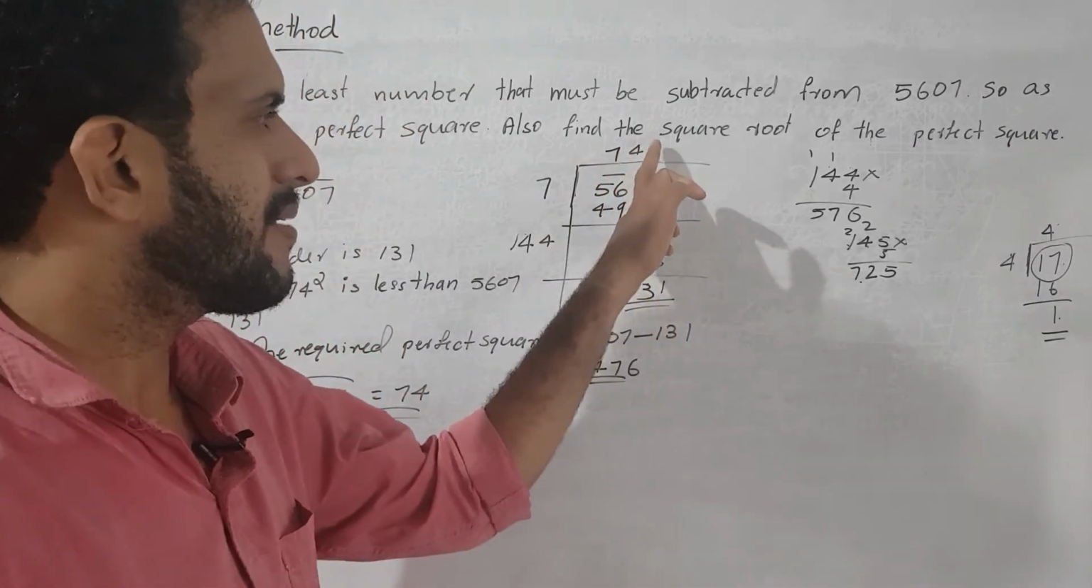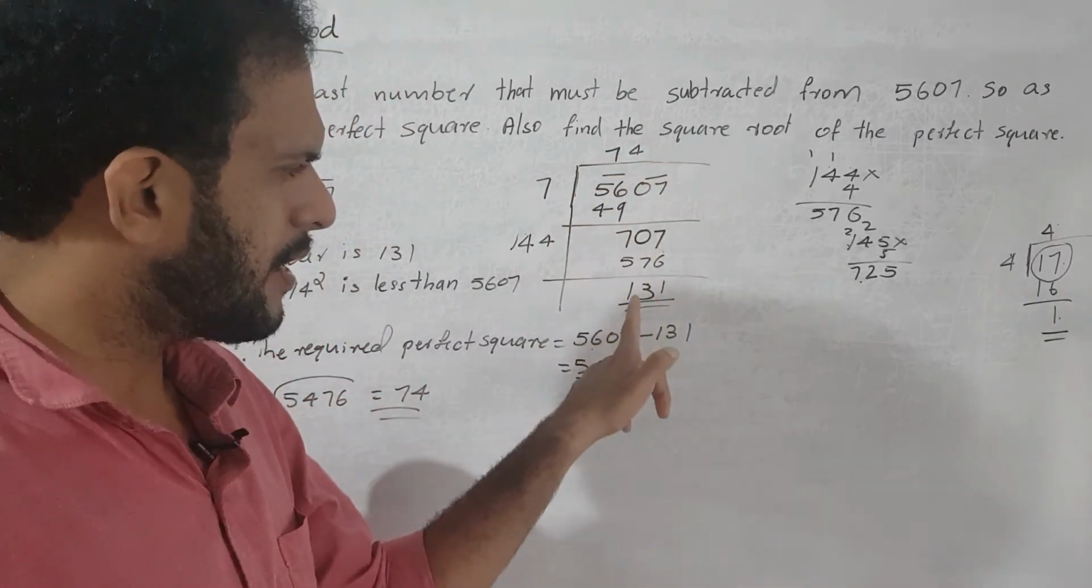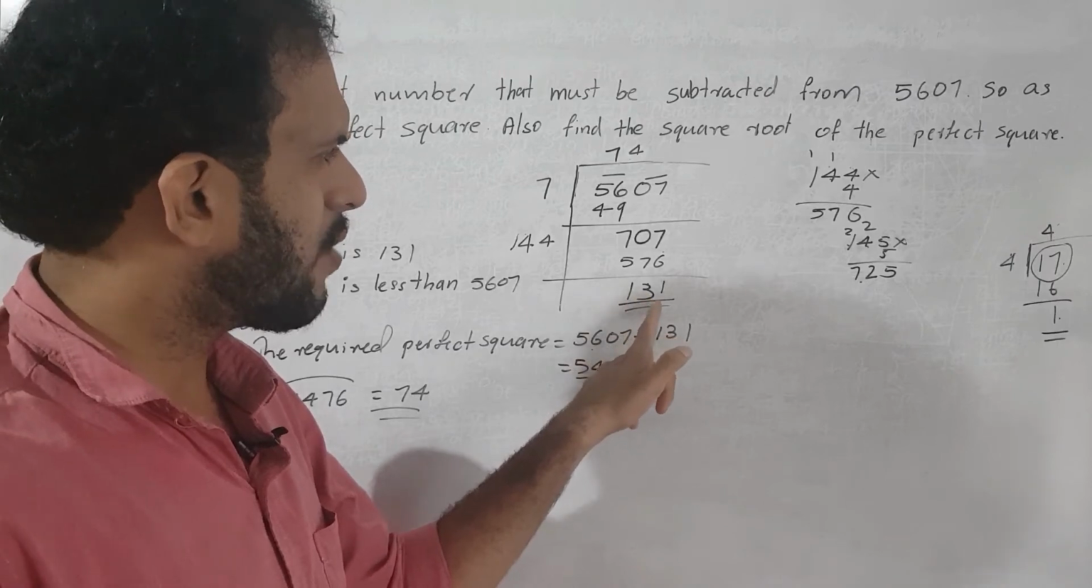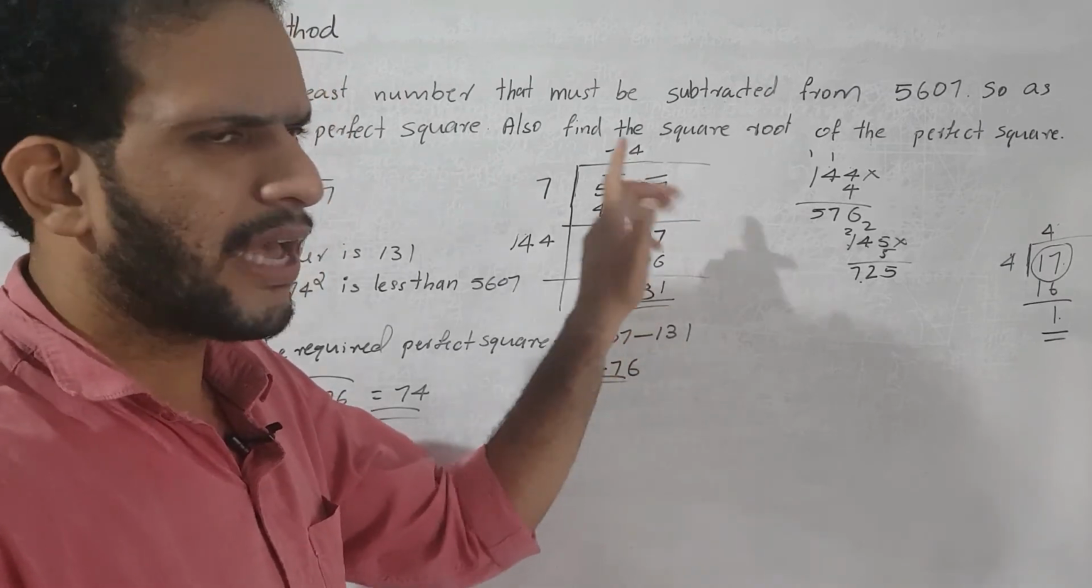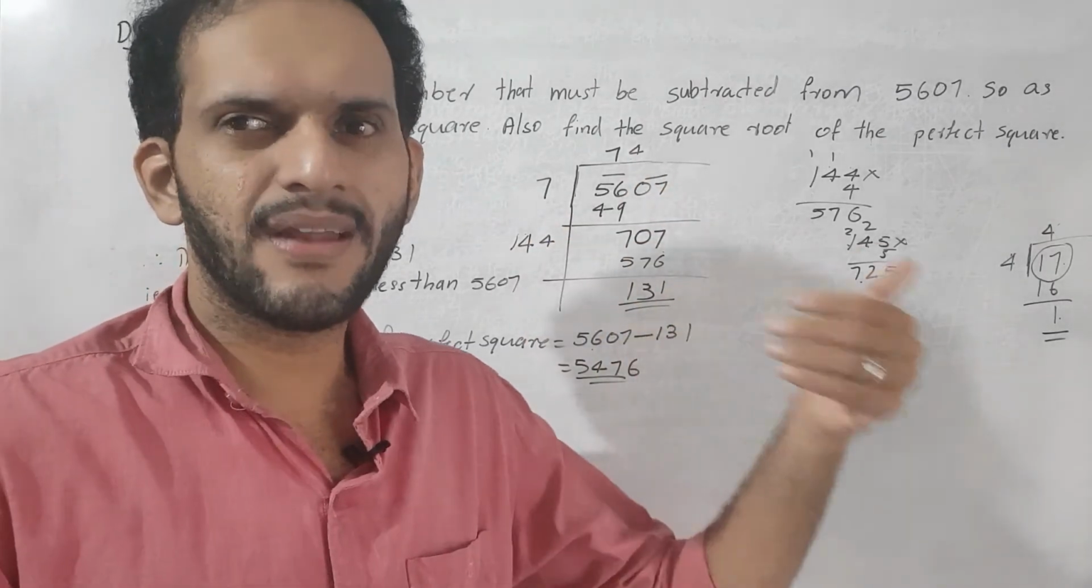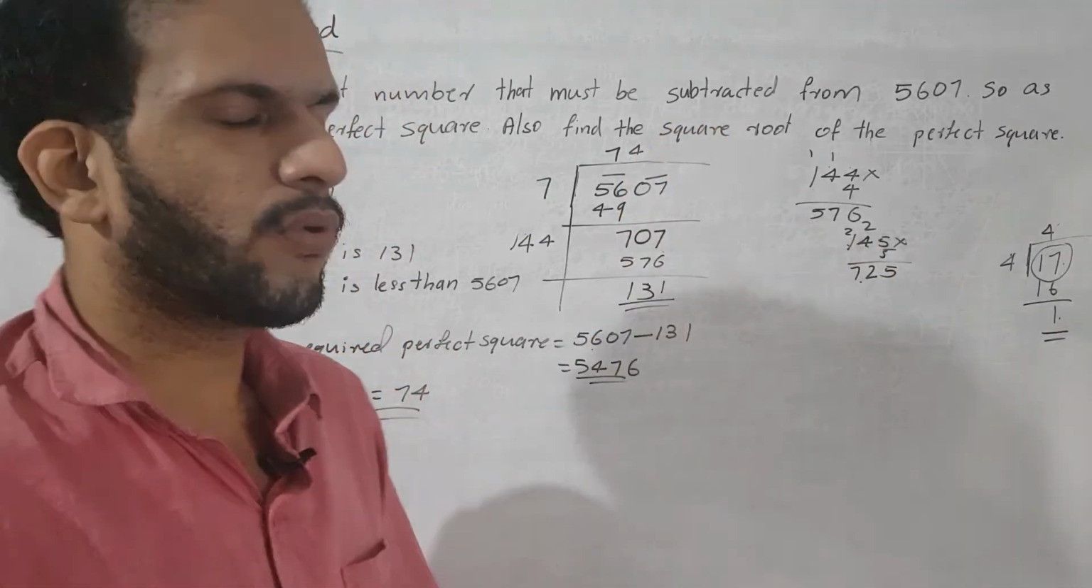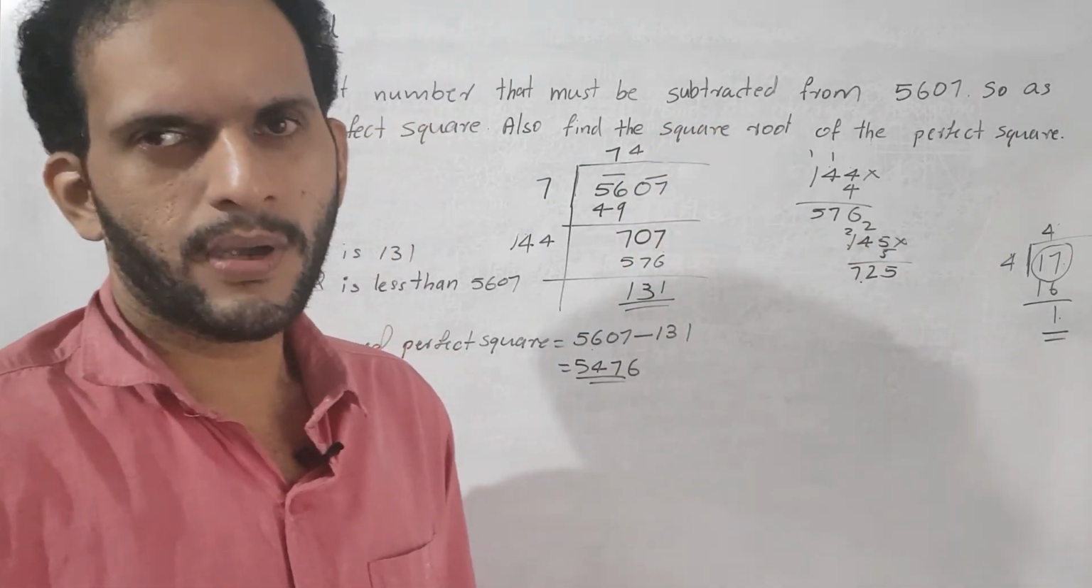വാട്ട് ഈസ് ദ നെക്സ്റ്റ് സ്ക്വയർ? 75 സ്ക്വയർ. If we add 131 to the given number, then we get the square of the next number. What is the next number after 74? That one is 75. Okay, അപ്പോൾ